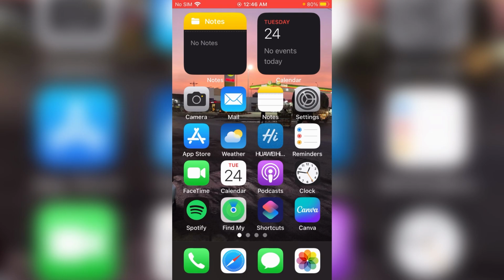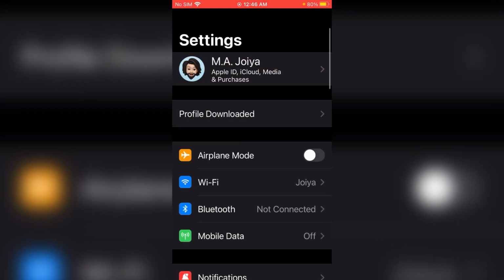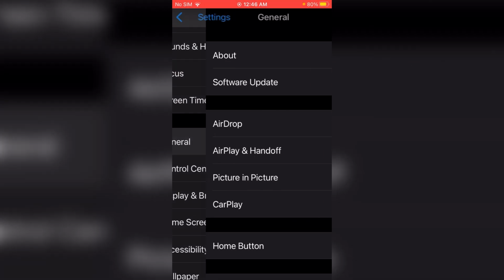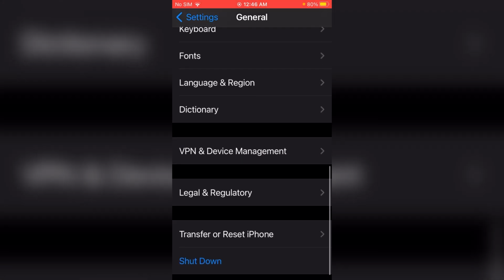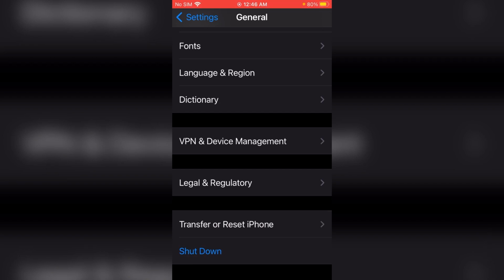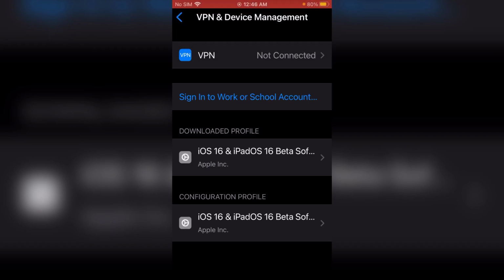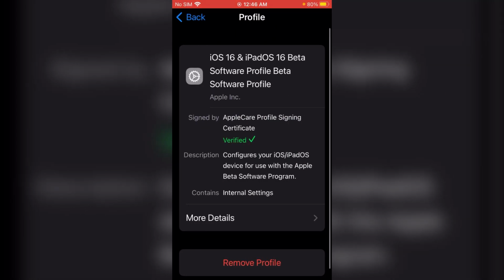Now again open your settings, scroll up, tap on General, then scroll up until you see the option VPN and Device Management. Just tap there, and appears on screen you can see the iOS 16 and iPadOS 16 beta profile. Just tap there,